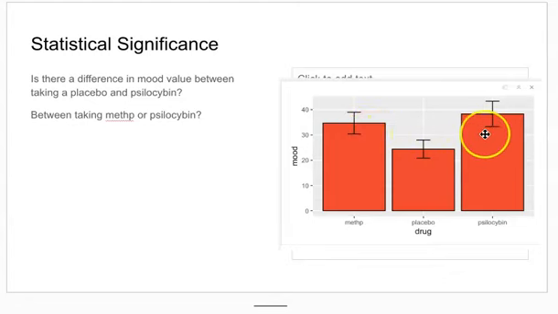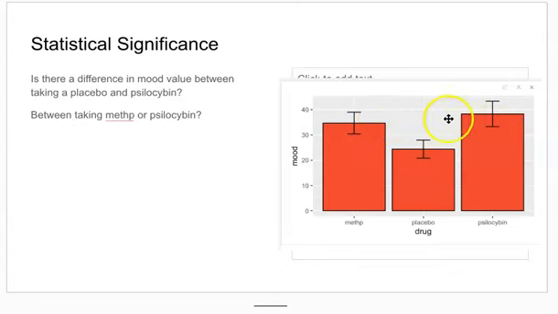These error bars don't overlap. So psilocybin and meth P significantly increase the mood of people taking it compared to the placebo. But the next question is, the meth P, I said, was much cheaper than the psilocybin. So does it matter whether they get meth P or psilocybin? And the answer is no, it does not. Even though it looks like psilocybin increases their mood more, there's no statistical difference because